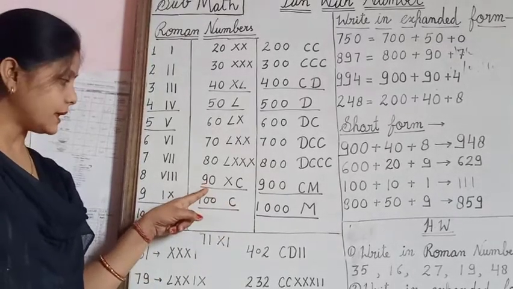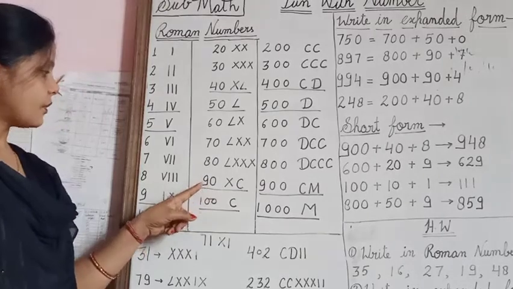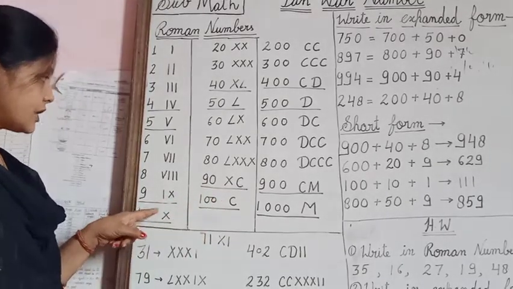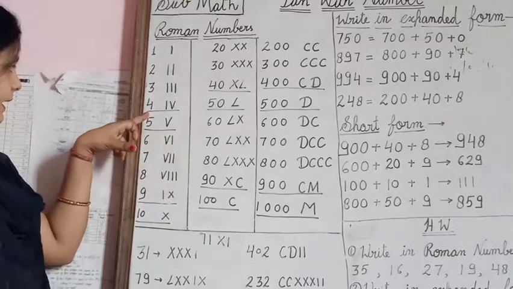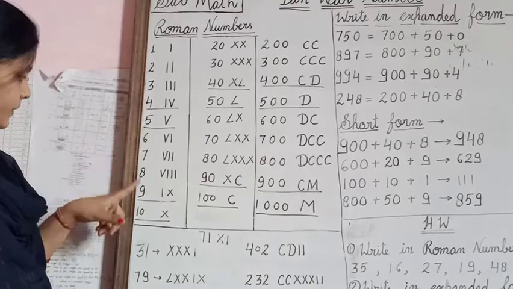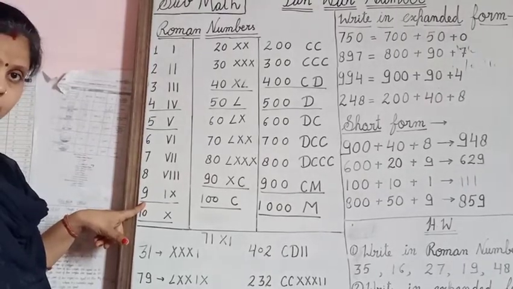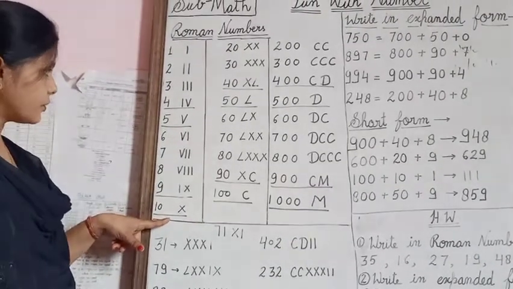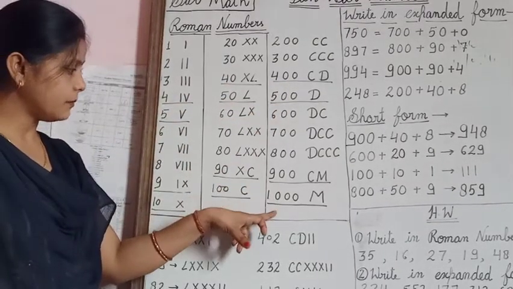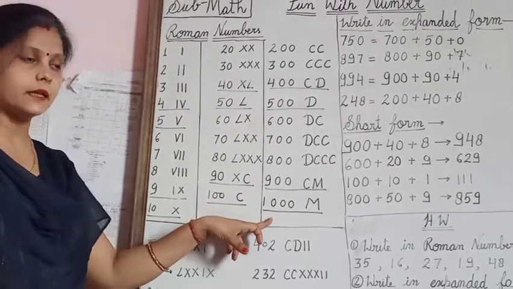So now there is a change. I highlight and underline wherever the Roman number changes. Look at here, there is a change, so I underline. Here is a change, so there is also an underline. Underline also. And then more changes in the Roman numbers, so there is an underline.